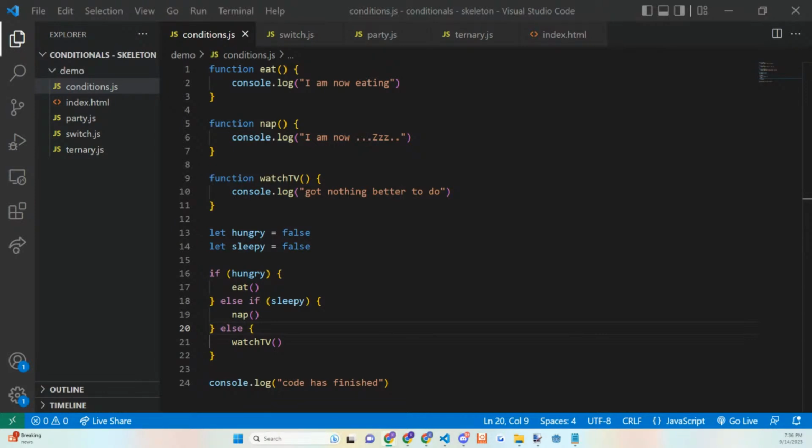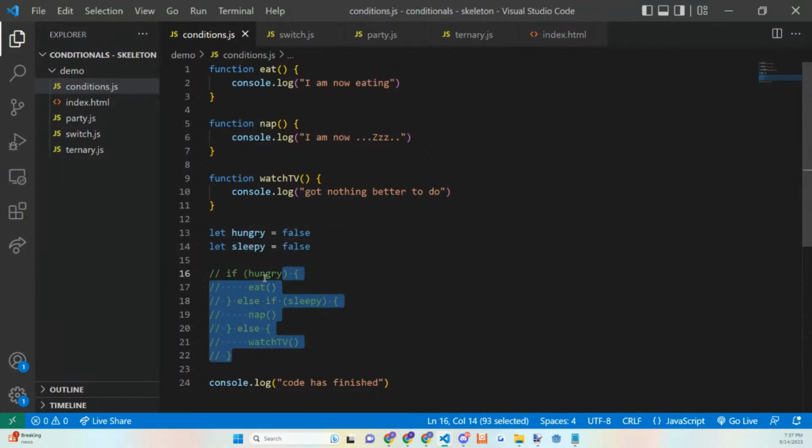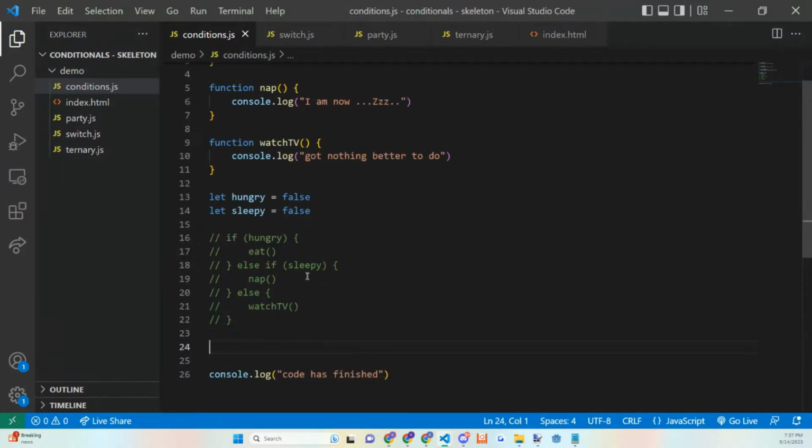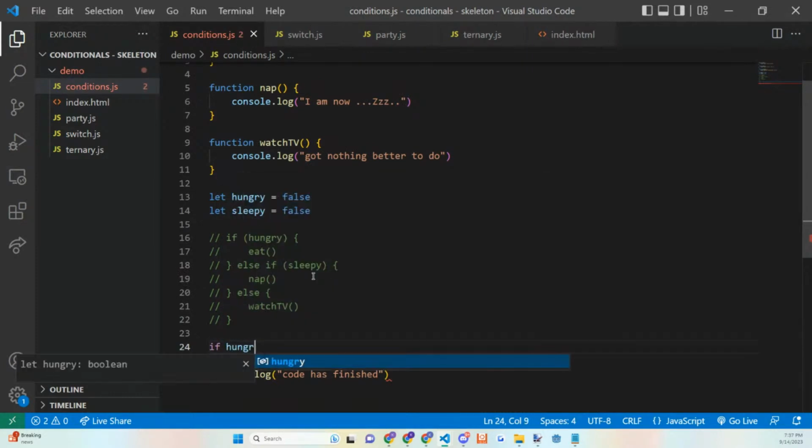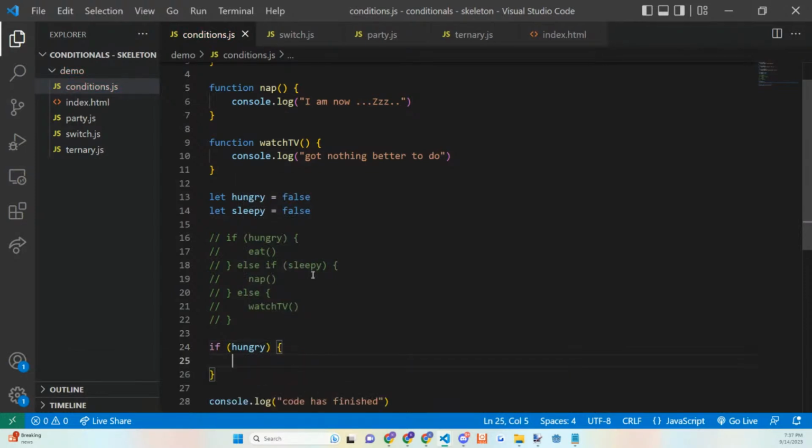One thing to note is that sometimes it's okay to have an if condition without an else. What the else does is essentially just catch everything that didn't meet the other conditions, right? But if you don't have an else, then it just continues to run the rest of your code, right? So for example, I'm just going to comment this code out. I'm going to say down here, if hungry, let's put my parentheses around to indicate that we have a condition here.